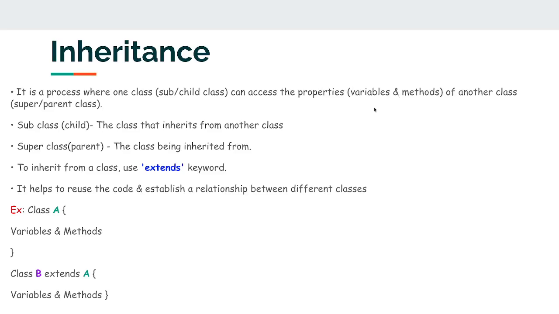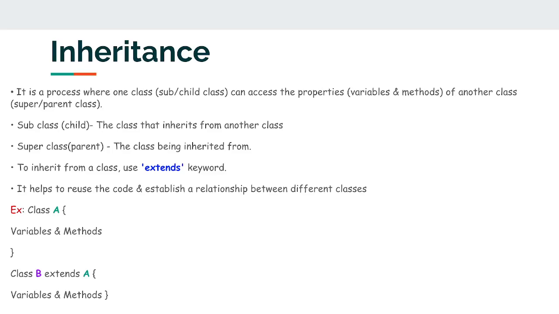For example, you have a class A and it has some variables and methods, and there's another class B that can access the properties of class A. That process is called inheritance, or the subclass and superclass relationship. To inherit from a class, you have to use the extend keyword, like in other languages. If you're familiar with Java, inheritance is a similar concept, and they also use the extend keyword to make the inheritance relationship between your parent class or superclass and subclass